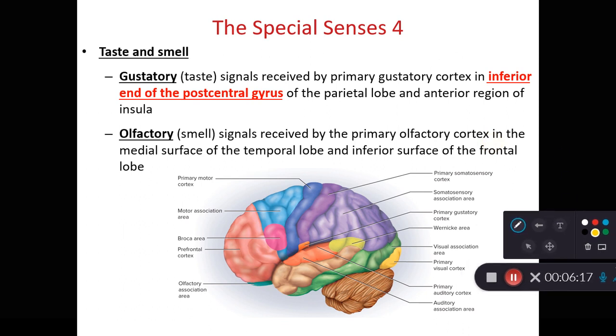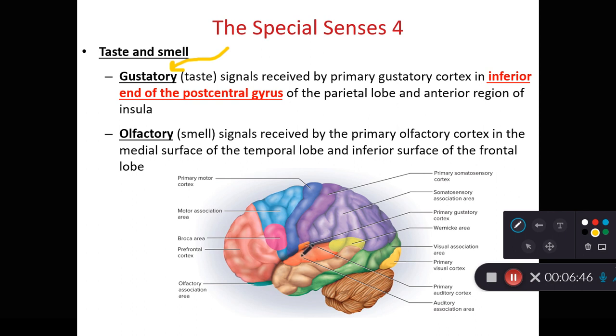In terms of taste and smell, our gustatory response, or sense of taste, is going to be processed by the gustatory cortex. We find the gustatory cortex at the inferior end of the postcentral gyrus. So here is the postcentral gyrus, and all the way down at the inferior end of that postcentral gyrus, not shown in this figure,